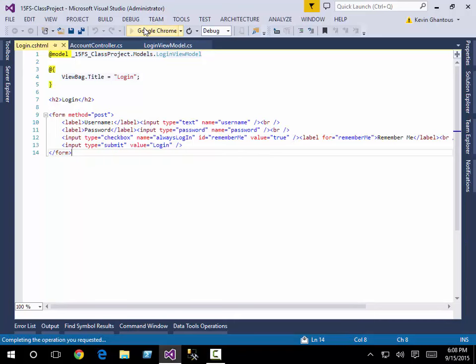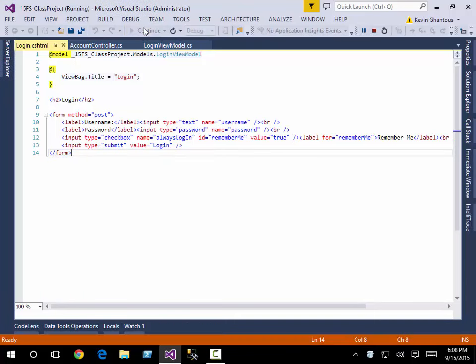So as a quick refresh, I'm just going to launch our app and we can take a look at what we ended with last week. So what we did is we built out an account controller. We started building out an account controller. We created a login action. And inside of that we have